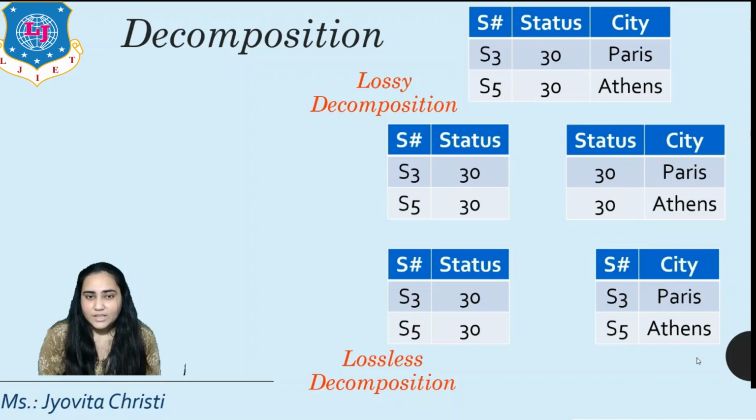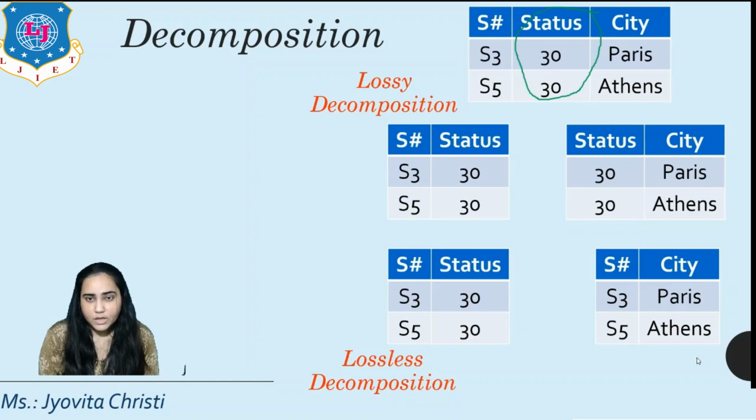So what exactly is a lossy decomposition and a lossless decomposition? And why is one decomposition lossy and one lossless? There is a reason behind that. So if you look at the table, you'll notice that status is in no way a primary key. Would you call status a primary key? No, because status contains 30, which is coming twice,